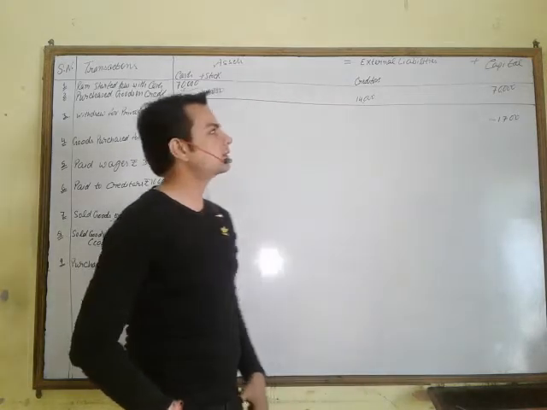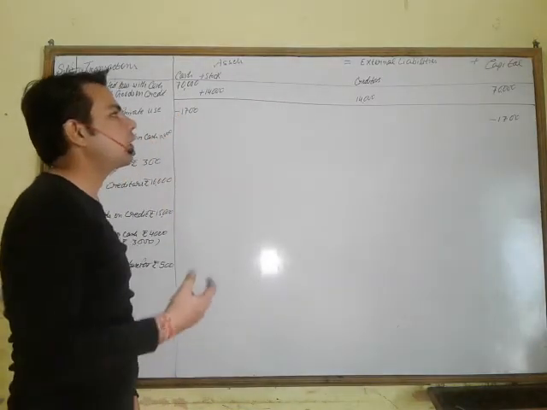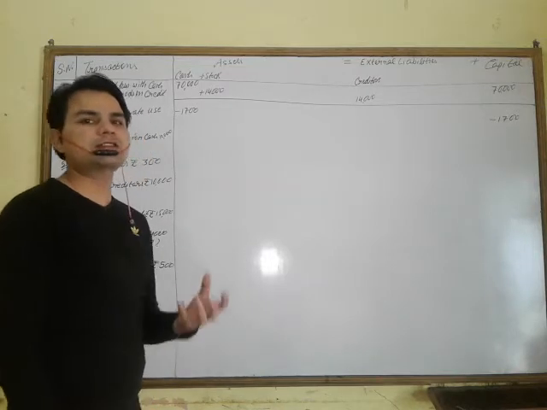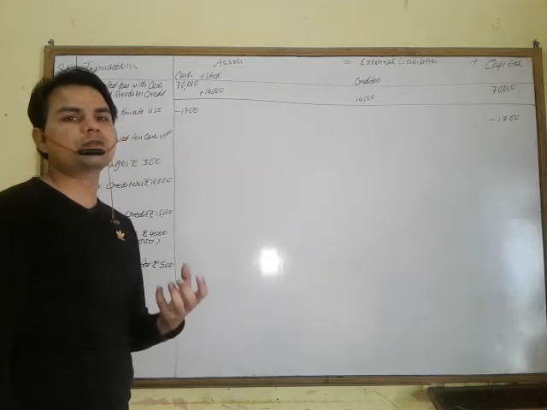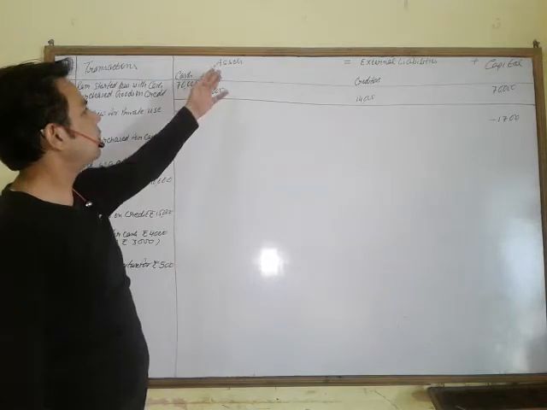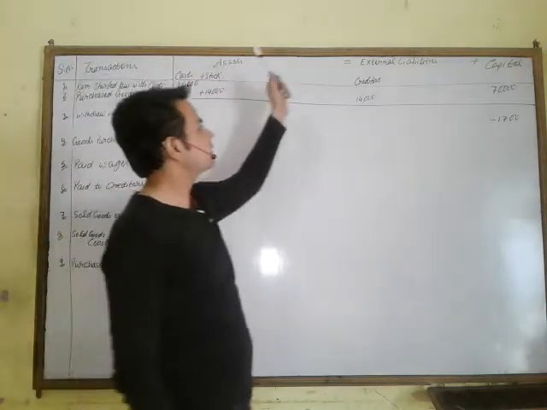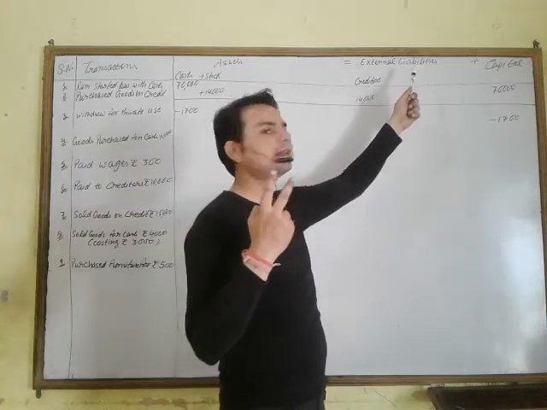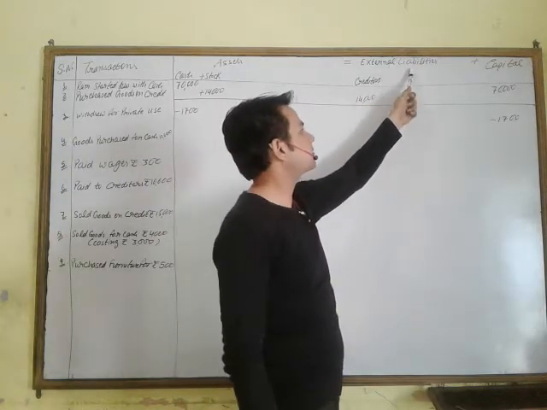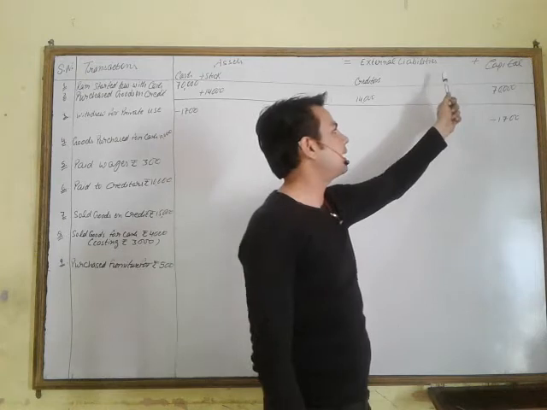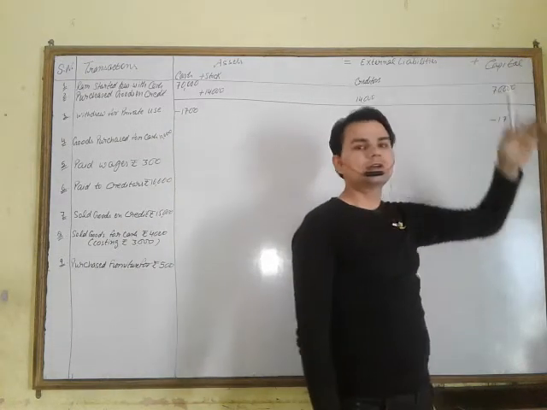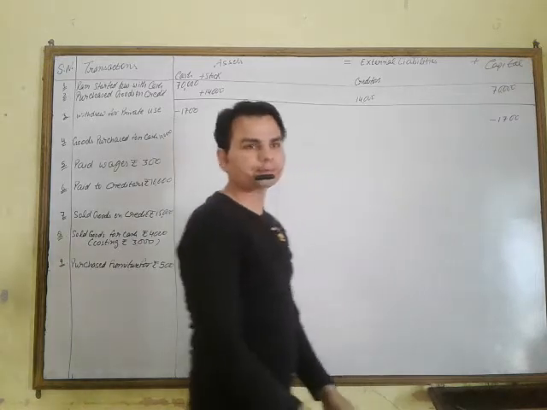Now, today's class topic is accounting equation. In the previous class, we discussed the concept of accounting equation, that is the basis of the balance sheet. It means the total of the asset side is always equal to the total of the liability side. Liabilities are categorized into two categories: first, external liability, then internal liability, meaning capital. Internal liability, capital, means liability towards the owner.